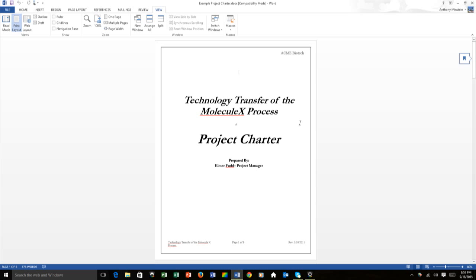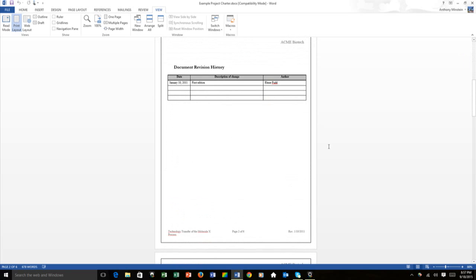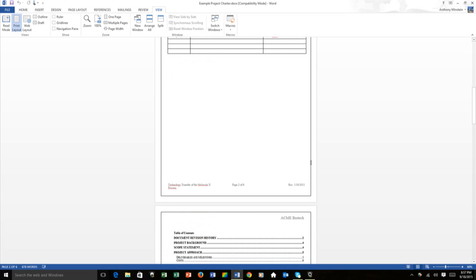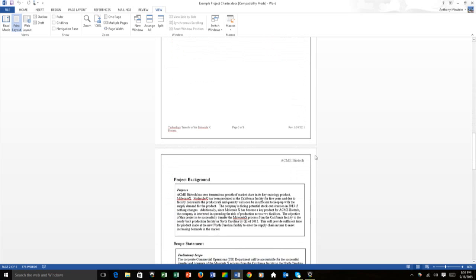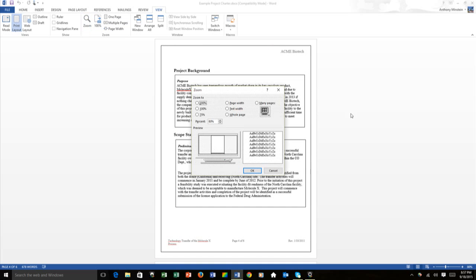There's a technology transfer of the molecule X process, whatever that is. There's a revision history, or first, just keeping track of what versions we're in. It's good to have version control in the event that things change as a result of any kind of review with end clients or sponsors or subject matter experts. Now let's move into the body of the project. As we look at this project, and I'm going to increase the size a bit,